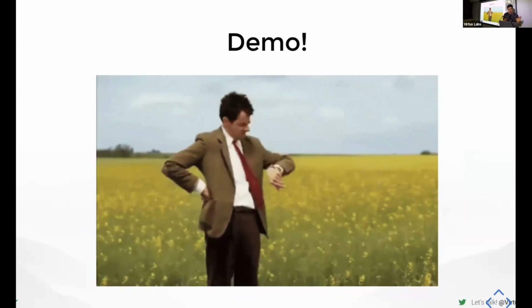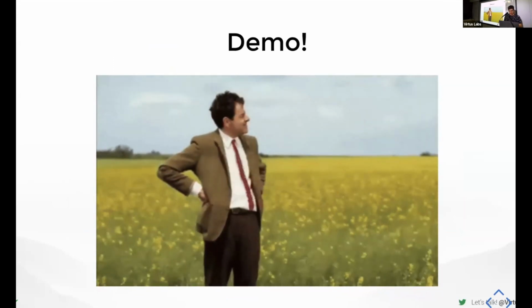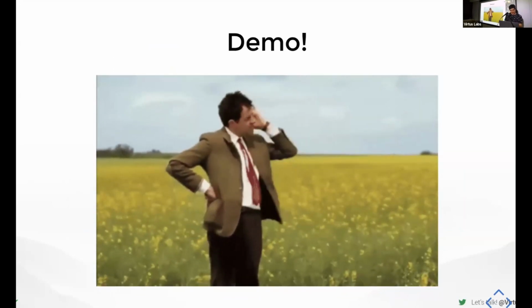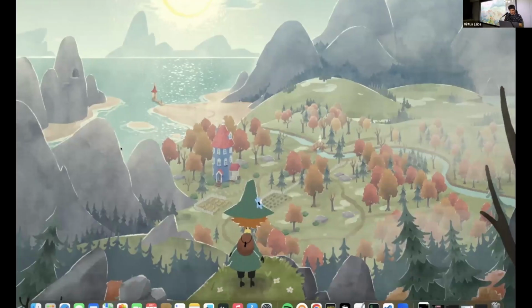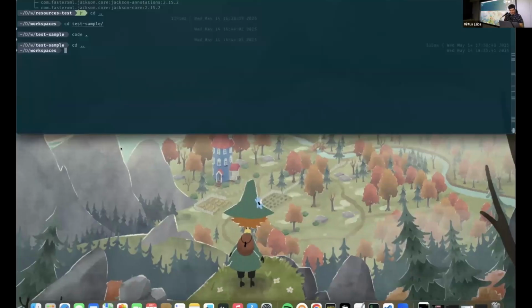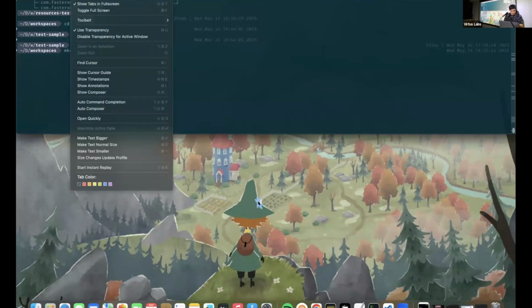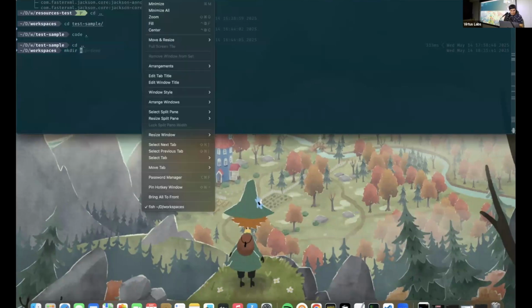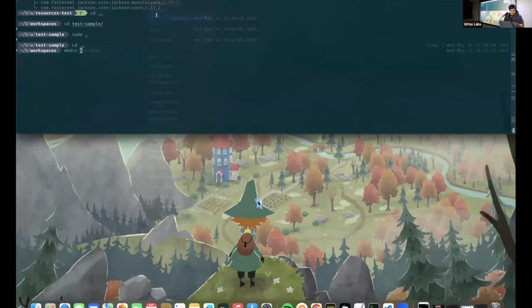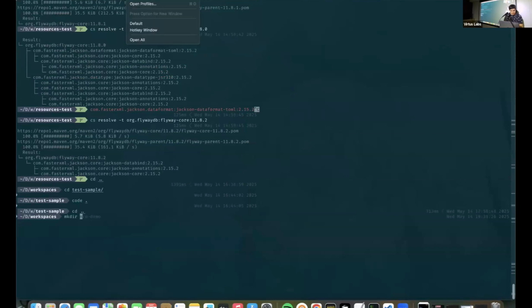Okay, so obviously you want to see how it works. So I'll try a demo. Hopefully it works. Let's do it very simple. So let's just make, hopefully you can see some of it. I'll make it a bit bigger. Zoom in. How do I zoom in? Zoom. Not this zoom.